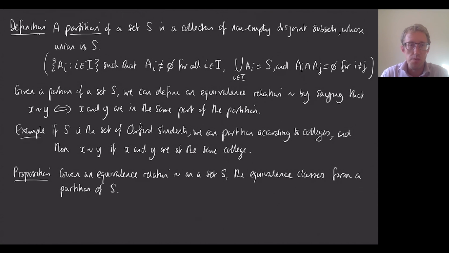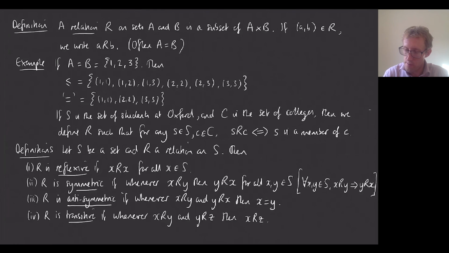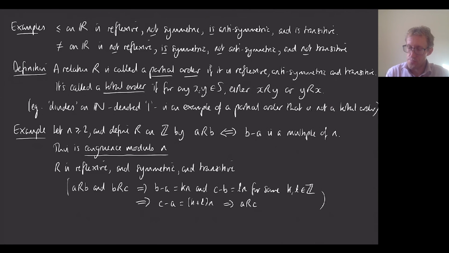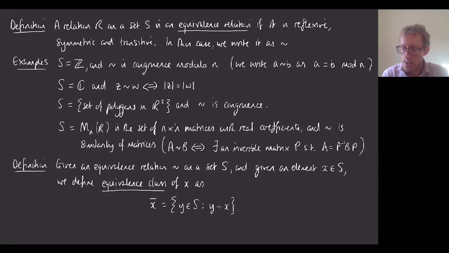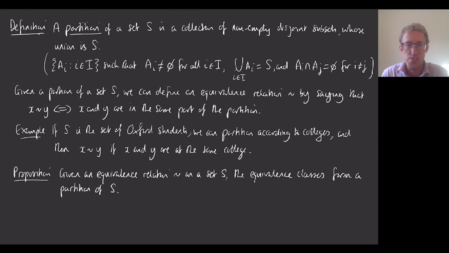Okay, let me just quickly summarize what we've done there. So way back here, we've defined a relation, and formally we've done that as a subset of ordered pairs. We've defined these properties that relations might have. We've looked at a few examples, and then we've said that a relation is an equivalence relation if it is reflexive, symmetric, and transitive. And we've seen that we use this symbol to mean things are equivalent. We've defined equivalence classes, and we've defined a partition, and we've seen that equivalence classes and partitions are kind of the same thing.